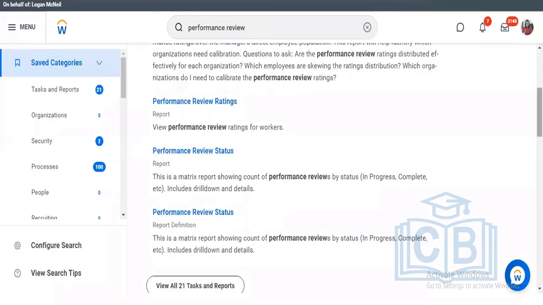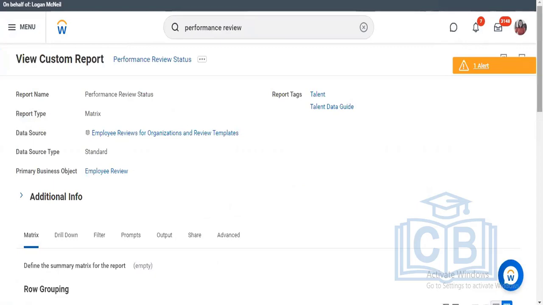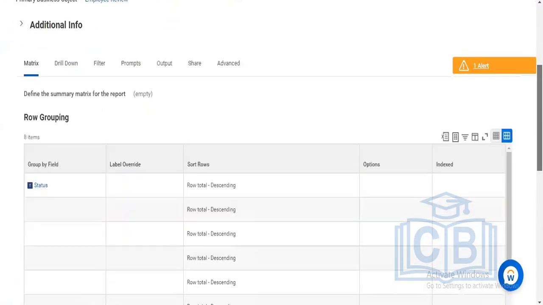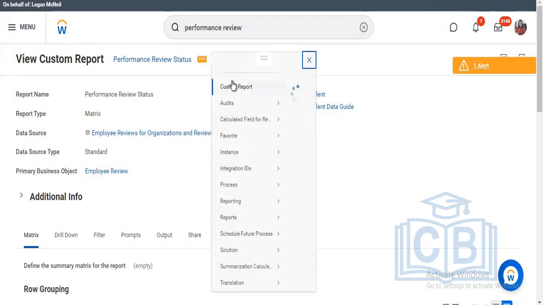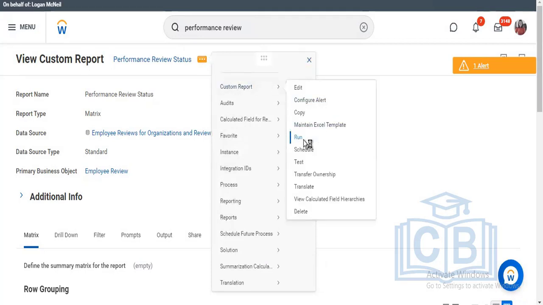For an example, I am the manager and I have a few employees assigned under me. If I want to check the review status, I can open a report. This is the custom report that is created, and this is the matrix one. Are you aware of creating custom reports? Okay. So if you run this,